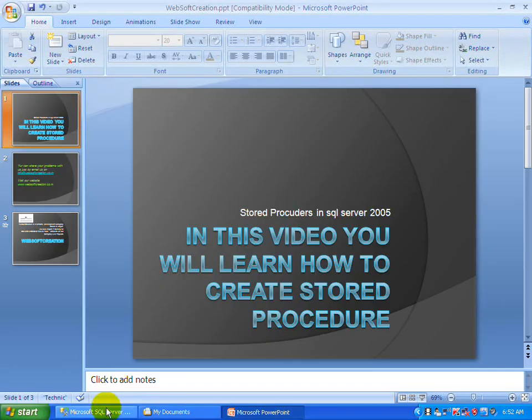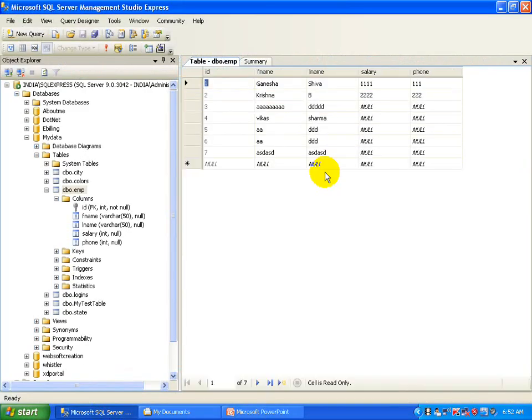First of all, I want to introduce you to what a stored procedure is. Stored procedures are procedures that are stored in the SQL server. They compile once, and after that their compiled output will be used. So they are very fast and easy to use.